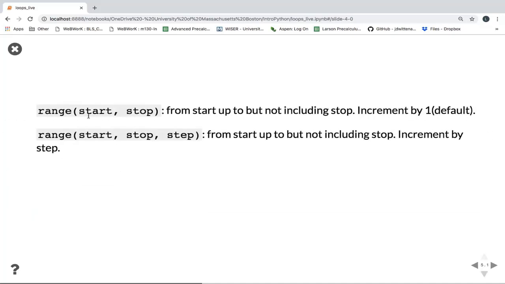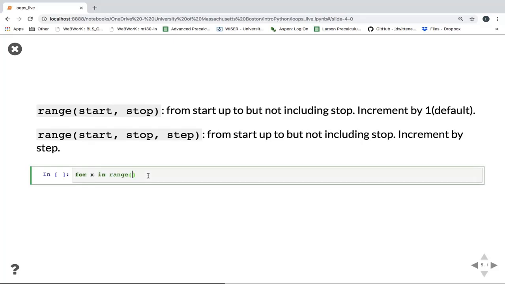The range can also take multiple arguments. So if you send 2 arguments to the range function, then the first value is the start value, and the stop value is where you end but not including it. So again, it starts at start and it ends at the one right before stop, and the increment is also by 1 by default. If you specify 3 numbers, then start and stop are just as before, and the step tells you the increment. And so for example, for x in range from 2 to 10,